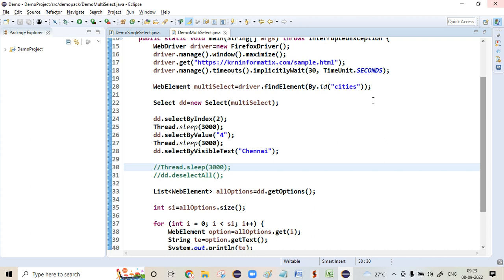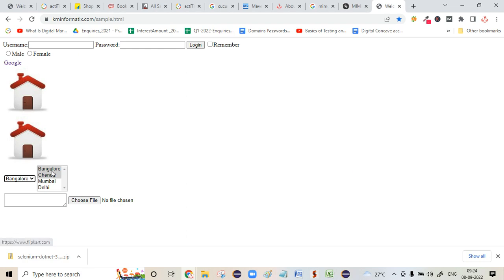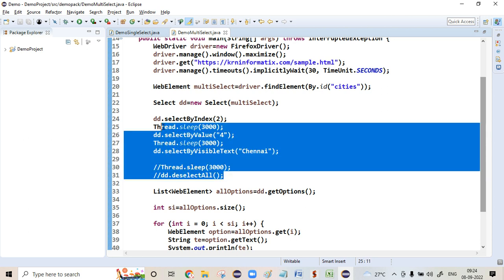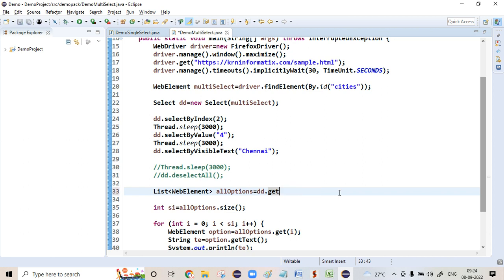Next, fourth test case. I need to get all the selected options. See, in this multi-select drop down, by the time I reach here, I have selected 3 options: Mumbai, Delhi, and Chennai. Here, if I use dd.getOptions, it gets all the available options, but I don't want all the available options. I want to get all the selected options. In that case, don't use dd.getOptions. You can use a method called